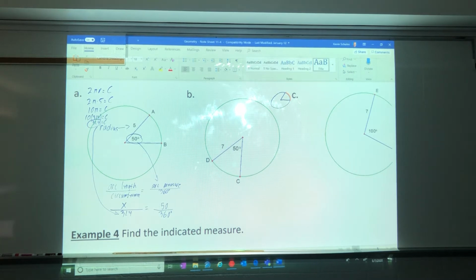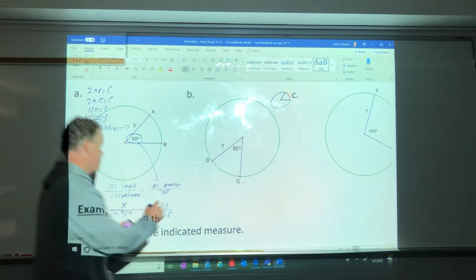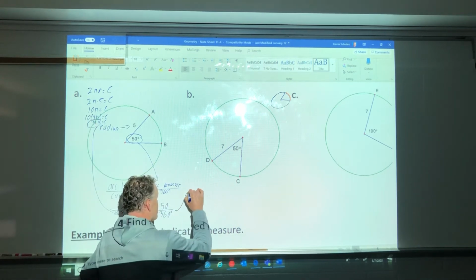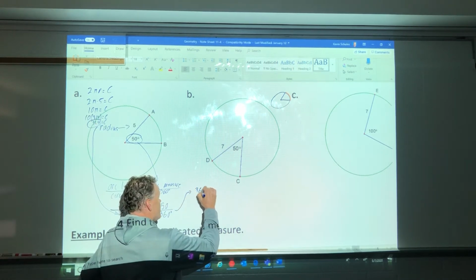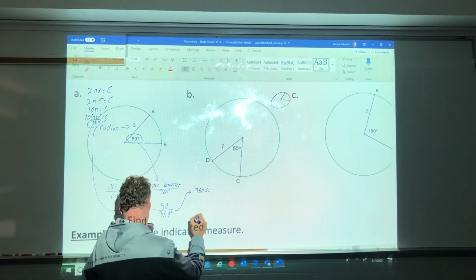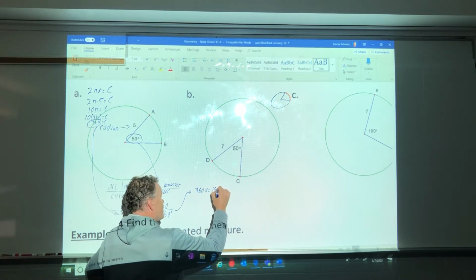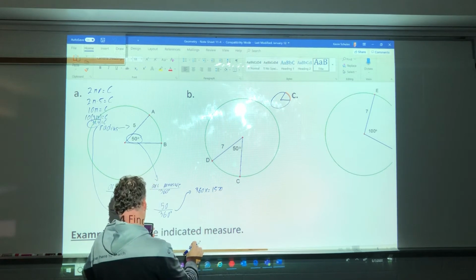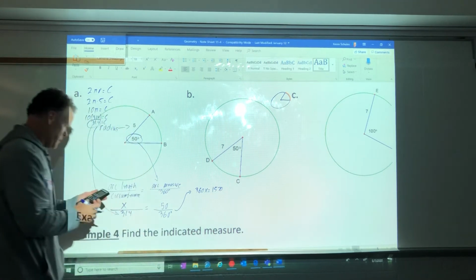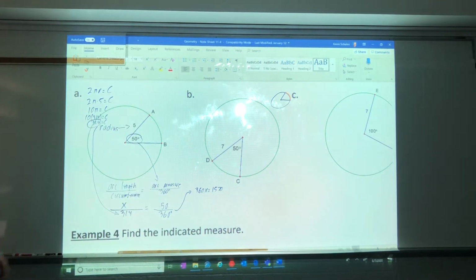So 360x is going to equal 1570. I'm just going to pull this right up here. 360x equals 1570. That was just 31.4 times 50, I just cross multiplied. Now I'm going to divide by 360, and I'm going to end up getting